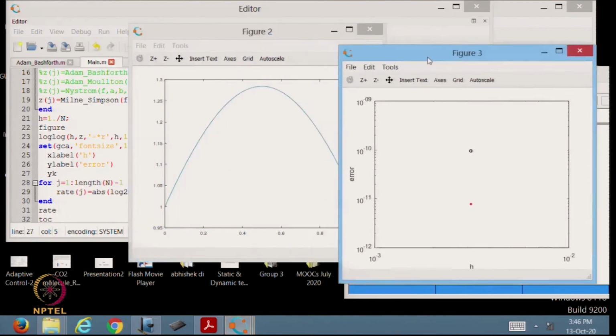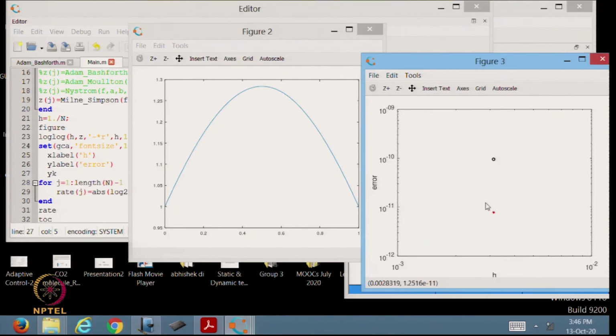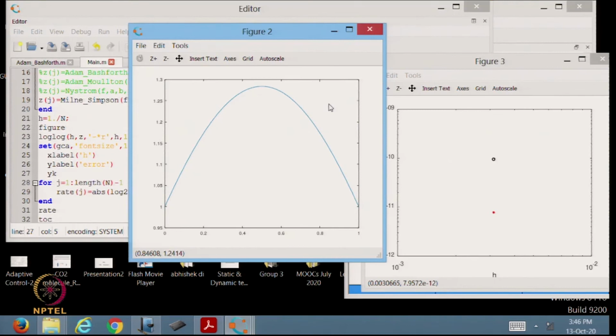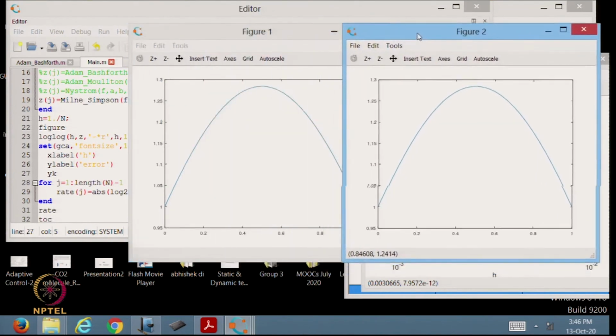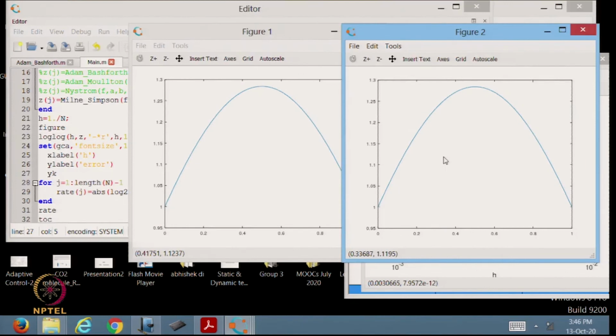Okay. So, of course, this is only one particular h, that is why you do not see the line which we were seeing earlier, because it corresponds to only one particular h. So, figure 1 is the exact solution and figure 2 is the numerical solution.